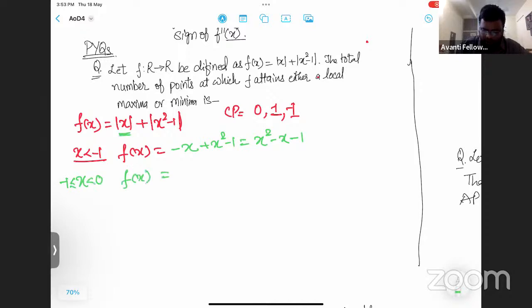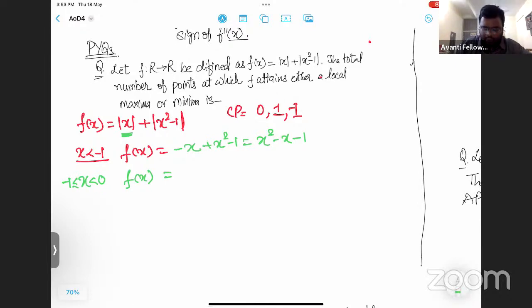Again, less than 0, this will be negative again. Also, say 0.5, when 1 by 4 minus 1 is negative, so this will also open with a negative sign. So we'll get minus x square plus 1, which is minus x square minus x plus 1. Clear? Next interval, 0 to